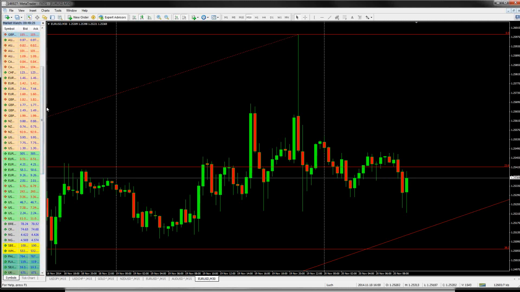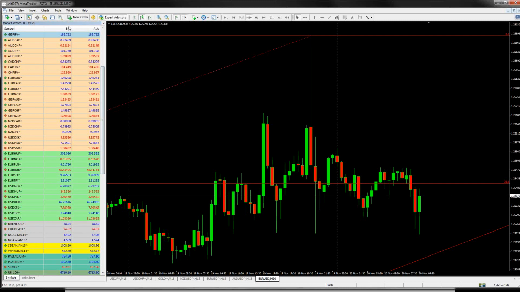Okay. Might make this bigger so you can see the whole window. Okay, so you've got the bid and ask prices. Now, sometimes you want to see or just watch the tick chart. On the bottom here, you'll see Symbols and Tick Chart. If you press Tick Chart,